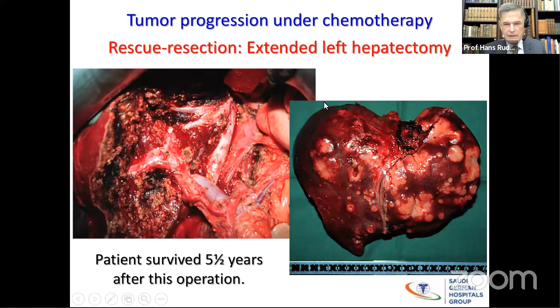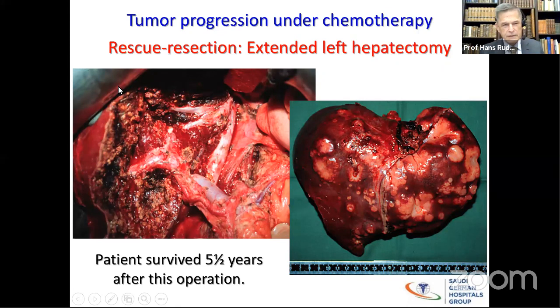There are also patients like that lady who are progressive under chemotherapy. We sent her to chemotherapy because there are thousands of metastases. This liver looks like the tumor exploded in the liver, but she was progressive under chemotherapy, and she was 78 years old, and told me, what shall I do? I have to take care of my husband. He cannot live alone. I have to be there for him, do something. And therefore,